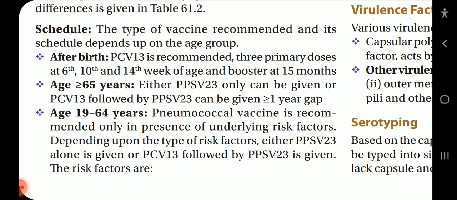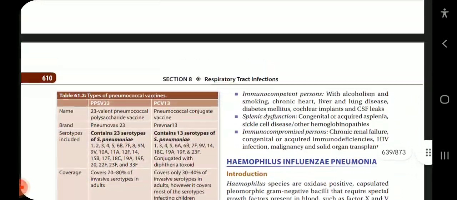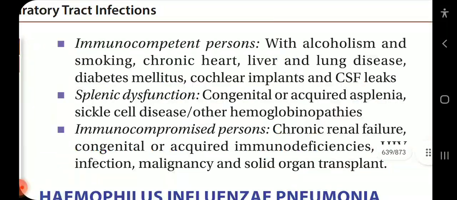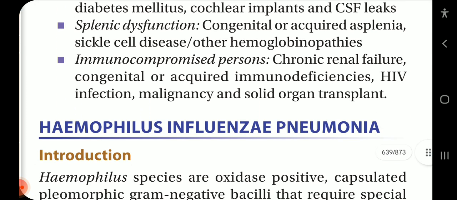Depending upon the type of risk factors, either PPSV23 alone is given or PCV13 followed by PPSV23 is given. The risk factors are immunocompetent persons with alcoholism and smoking, chronic heart, liver, and lung disease, diabetes mellitus, cochlear implants, and CSF leaks. Splenic dysfunction, congenital or acquired asplenia, sickle cell disease, or other hemoglobinopathies. Or immunocompromised persons: chronic renal failure, congenital or acquired immunodeficiencies, HIV infection, malignancy, and solid organ transplant. So this completes our Streptococcus pneumoniae